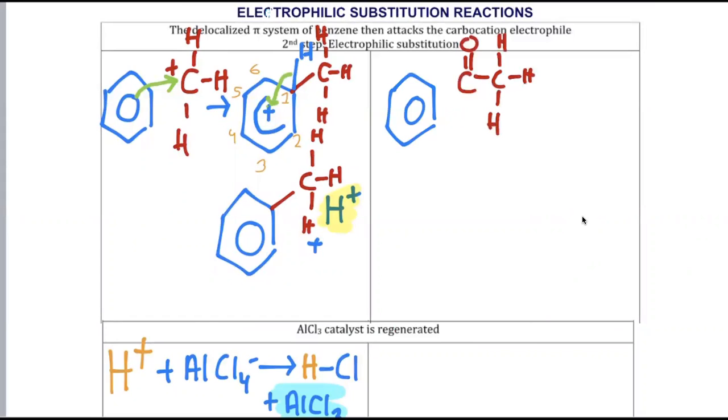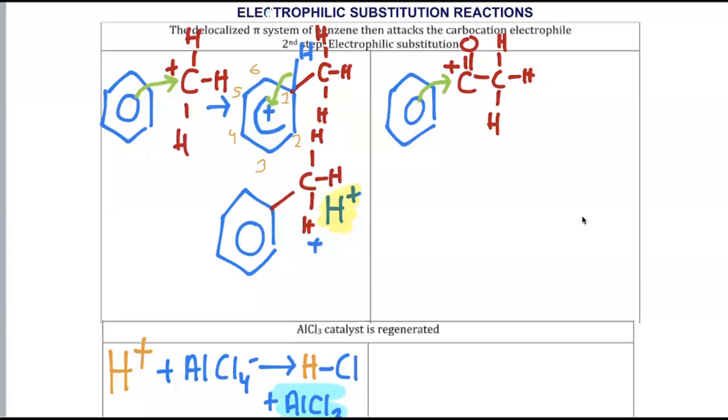Make sure you connect the correct carbon to the benzene. That's why it's better for you to draw it out. Do not connect it to the CH3 carbon, but connect it to the C of the C double bond O, okay? The carbonyl carbon. So the benzene ring will attack the carbonyl carbon that I have left out the positive